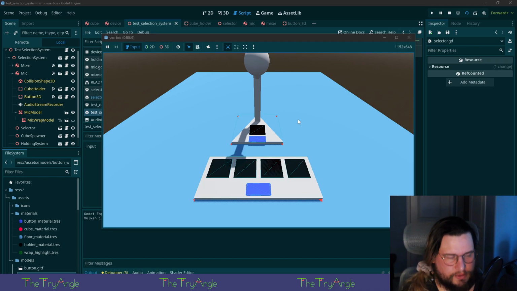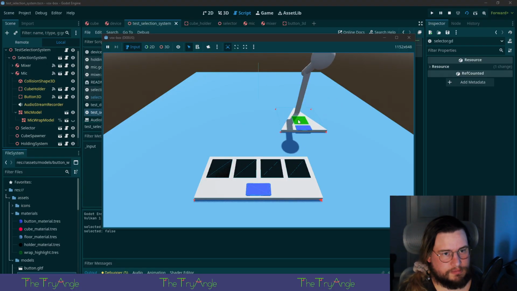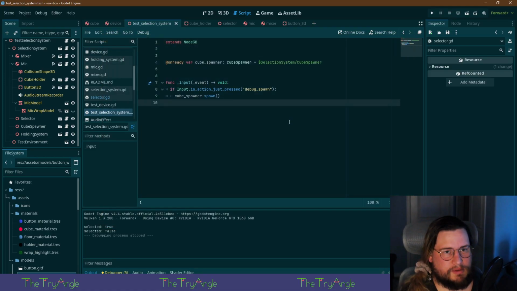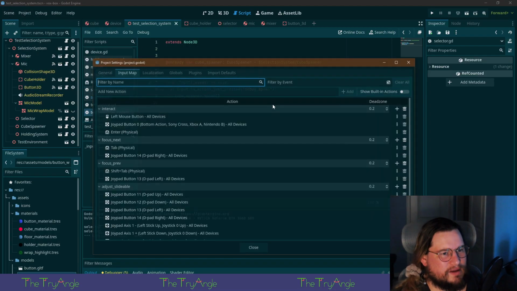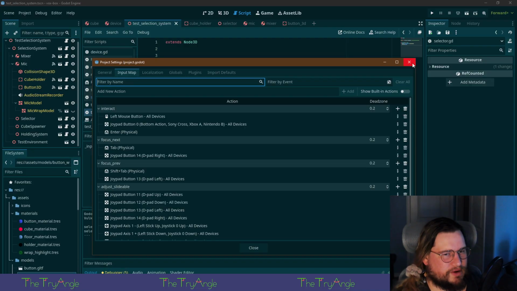It's not working at all. Wait. The D-pad is crap. That's a terrible button. Do I need to restart it?